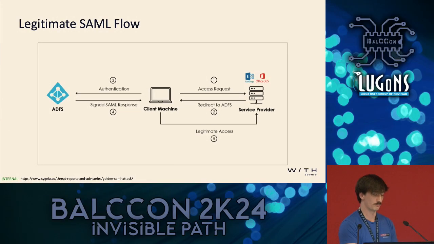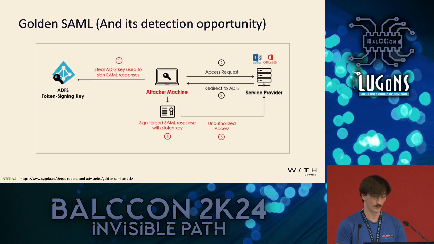So as I mentioned before, there's a legitimate SAML flow when you log into an application. Essentially, access request happens, you get redirected, authentication happens, signed SAML response gets returned, and then the signed SAML response gets passed to the actual relying party. That's pretty normal. With a golden SAML attack, when you forge this authentication material, it's missing that ADFS to domain controller authentication step. So what researchers discovered is you could detect this by correlating authentication logs between components. So yeah, there's an area to essentially be wary about if you're carrying out golden SAML attacks.